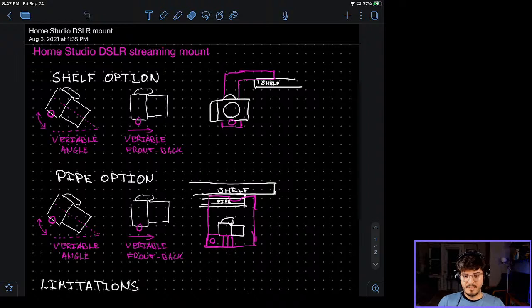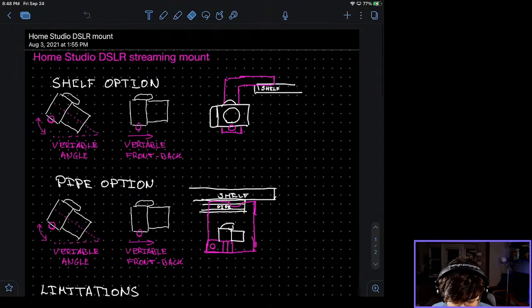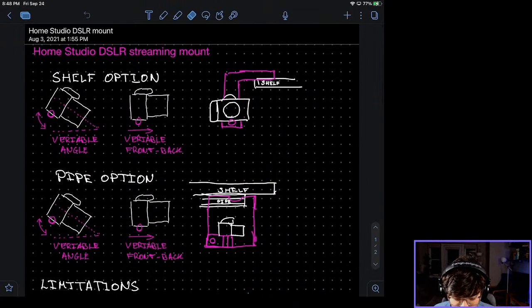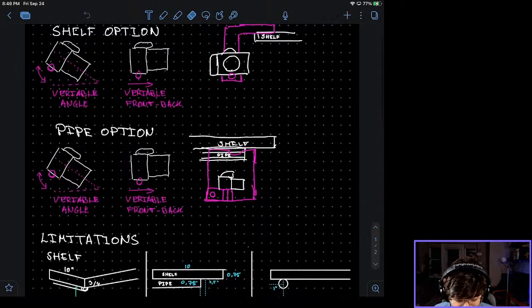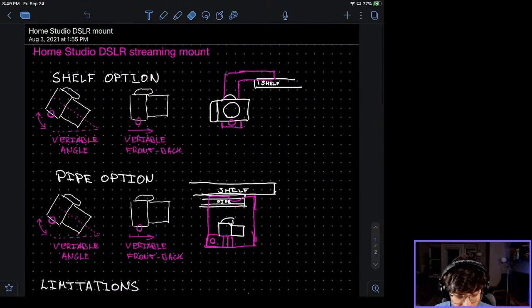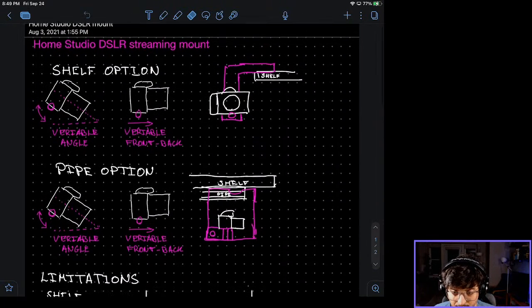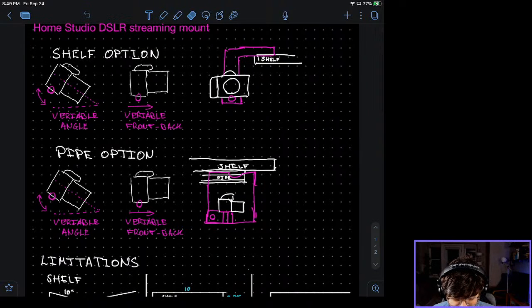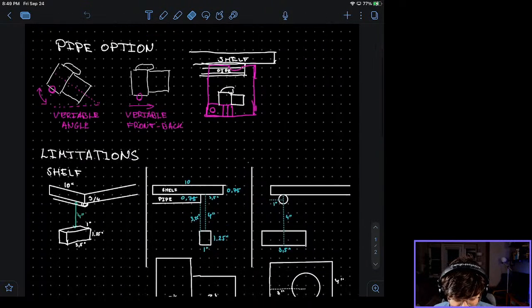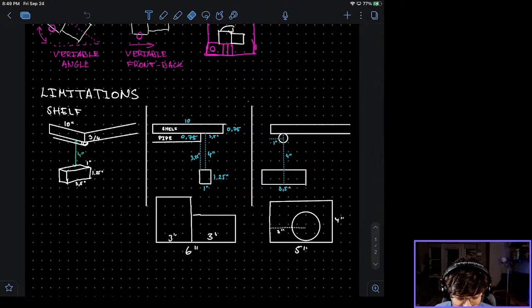All right, so I've got my iPad connected right now, so I'm going to be doing a little bit of sketching, but also giving a bit of background on what I've been working on so far. So this DSLR mount, I originally thought about mounting it right over my screen, obviously, and also looking at how to mount it and what are the parameters and what are the restrictions that I have.